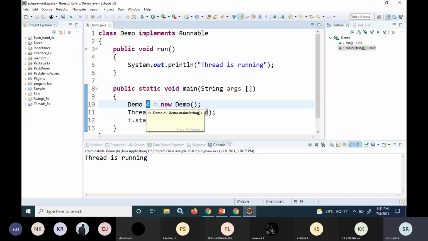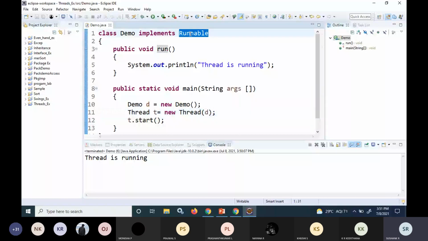So I have to explicitly create a thread object. For this thread object, I am passing the object of the class which is implementing the Runnable interface, so that the run method can be executed.